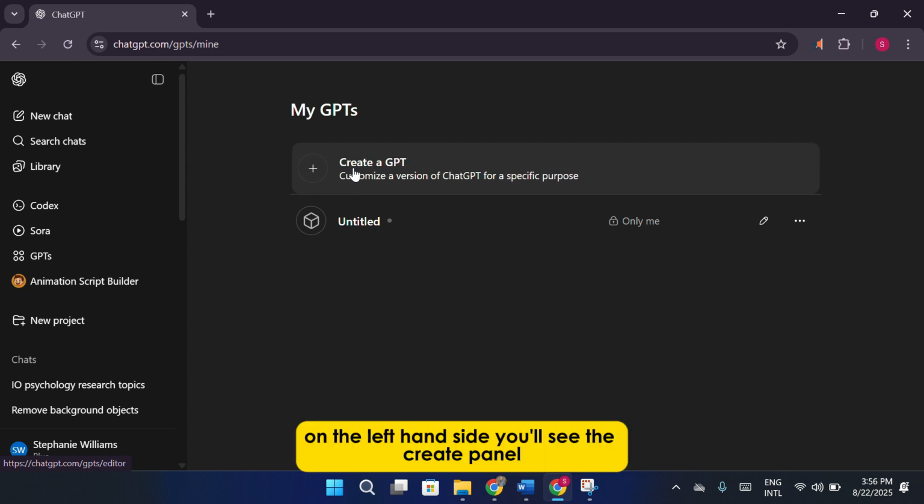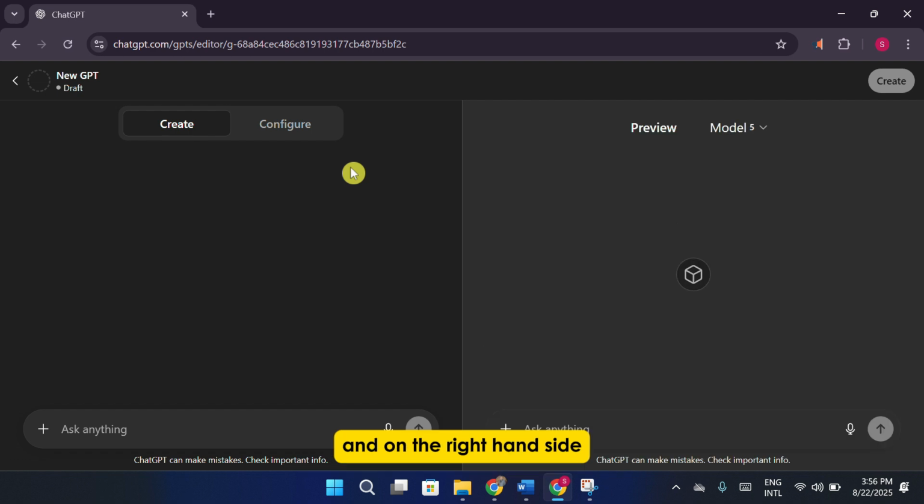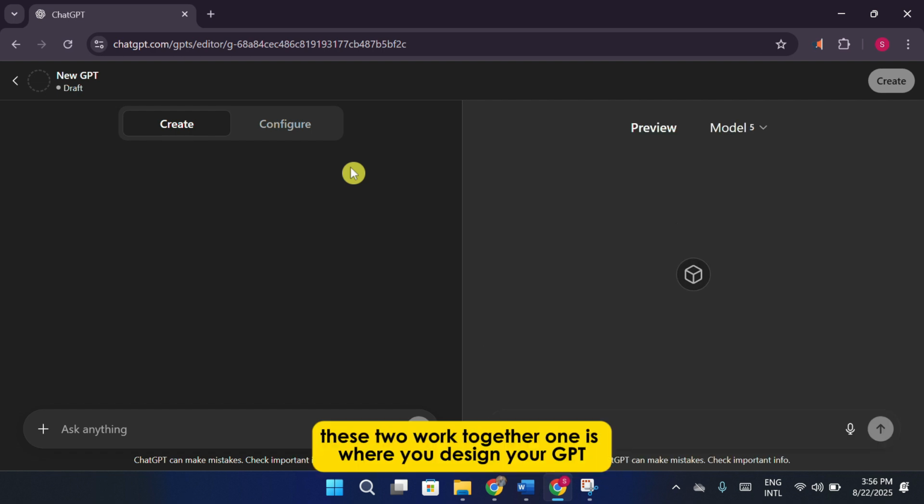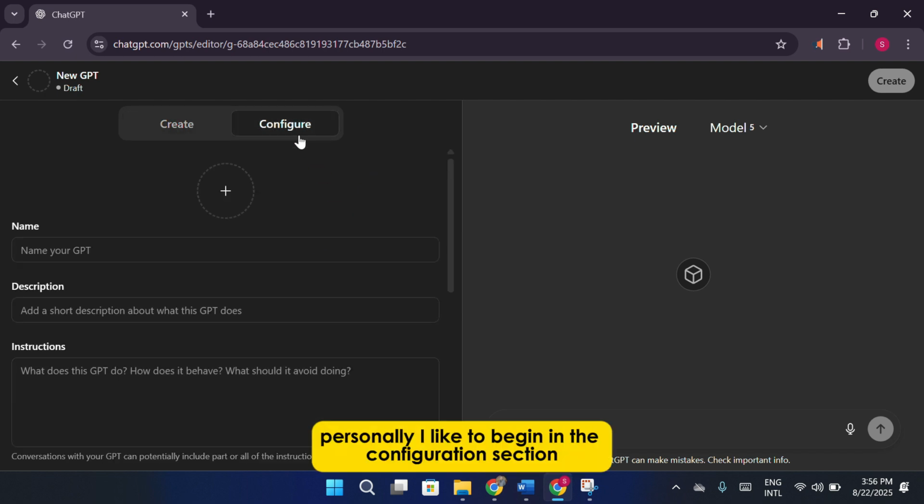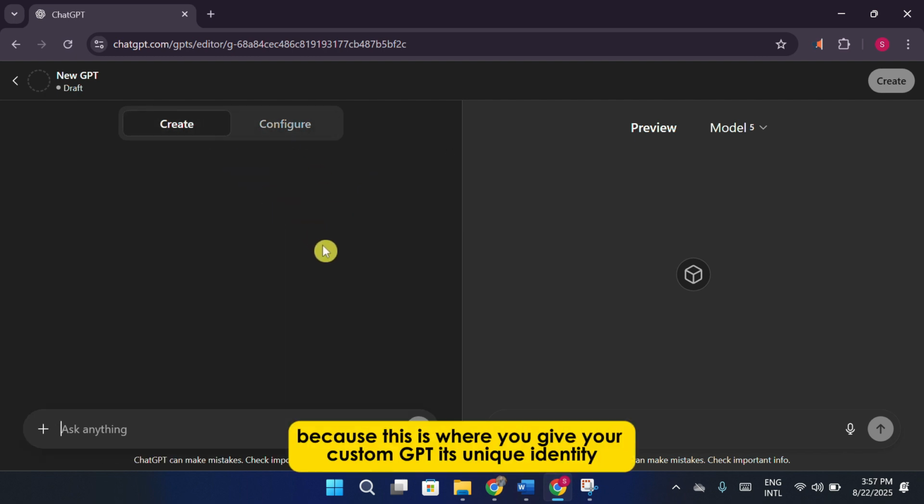On the left-hand side, you'll see the Create panel, and on the right-hand side, you'll see the Configuration section. These two work together. One is where you design your GPT, and the other is where you set its details and preferences. Personally, I like to begin in the Configuration section, because this is where you give your custom GPT